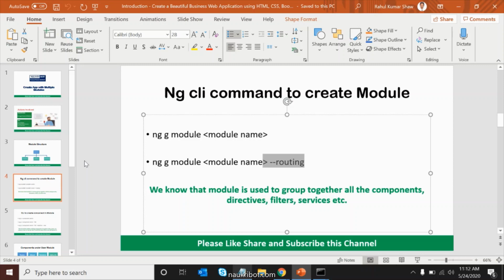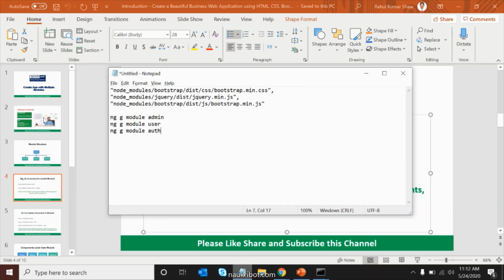Okay, but root level module routing, Angular provides by default, because when we are creating the project, it asks whether you need a routing module or not. So I pressed yes. But I need module-level routing also. Suppose I created the admin module; for admin I need routing, like if I want to access the manage banner page, this routing will come under the admin module.